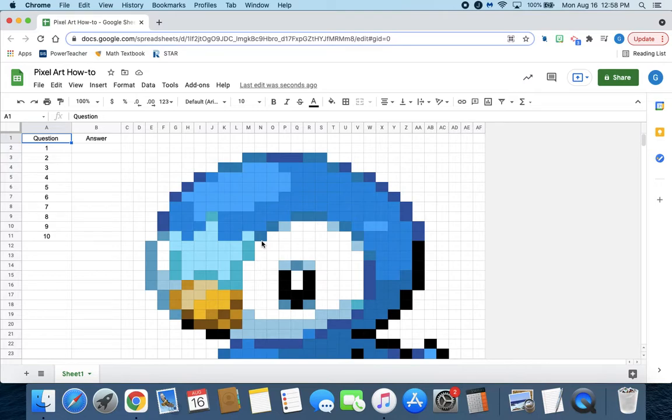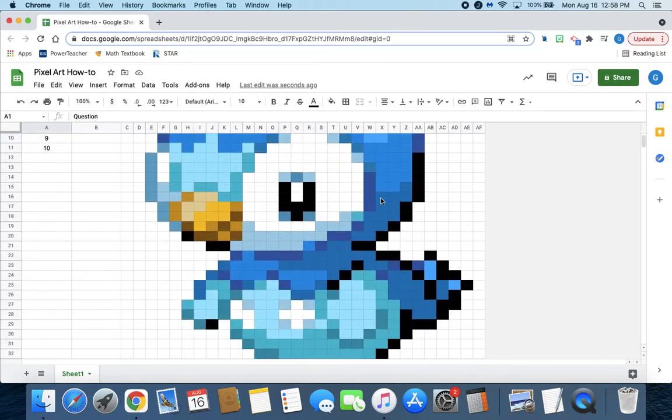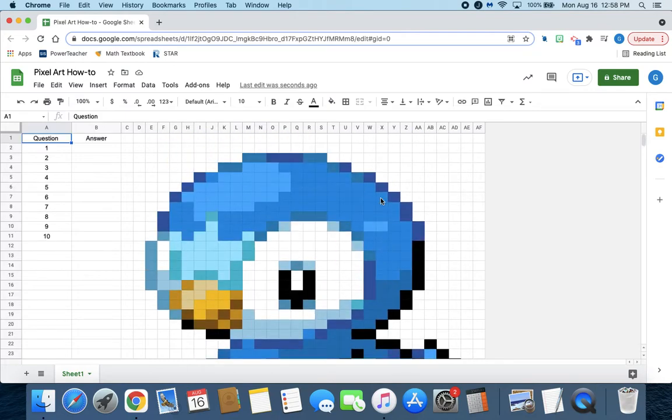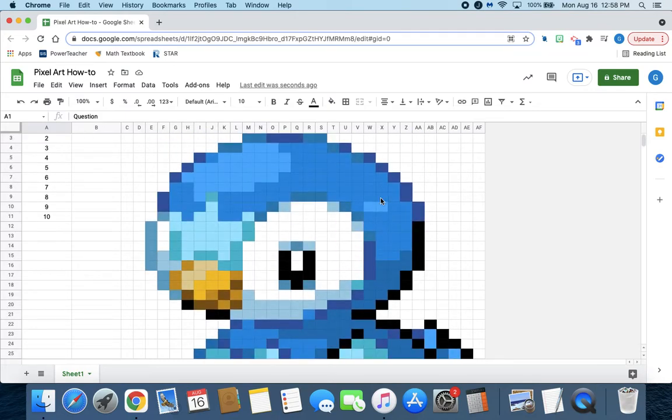I'm going to be showing you a how-to video on creating your own pixel art. So here is a pixel art that one of my students made for me last year, and I'm just going to be using it for this video. If you do not know how to make pixel art, what I think is the easiest thing to do is